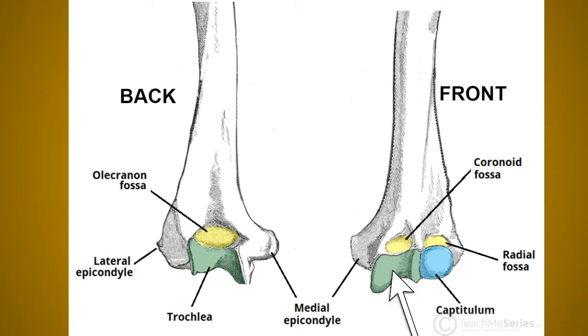Now first of all the articulating parts. Now these are two, that is the trochlea and the capitulum. First of all the capitulum over here, as you can see this is a capitulum. Now first of all the capitulum is actually a rounded projection, okay, which articulates with the head of the radius. Now next is about the trochlea. Now trochlea is actually a pulley shaped surface, as you can see in the diagram. Now it basically articulates with the trochlear notch of the ulna. Okay, capitulum articulates with the radius, so laterally, and trochlea articulates with the ulna. That's why it is medially. Okay, you can remember by this thing.